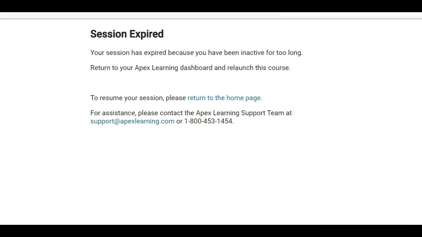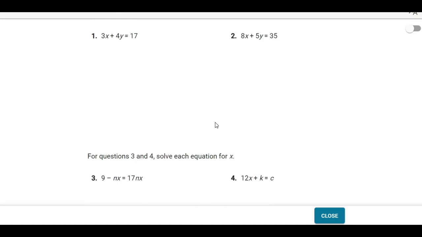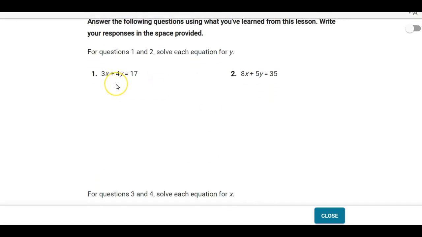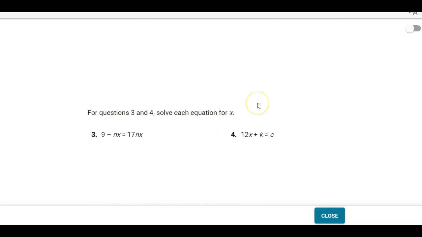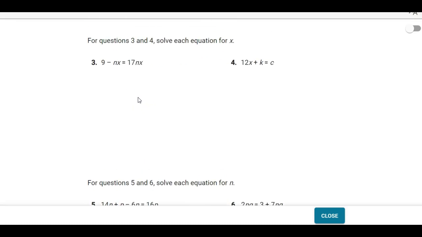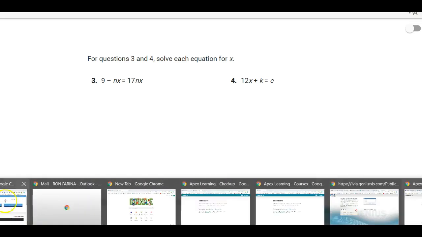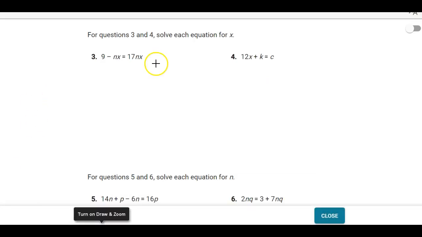Okay, so when you look at a majority of the problems that are in this lesson, a lot of them are like the ones we originally did, being able to solve for y. That's a big part of it. Then here, this is where it gets a little tricky, so I'm going to do one of them with you. So for number 3, oops, sorry, this is a new feature,